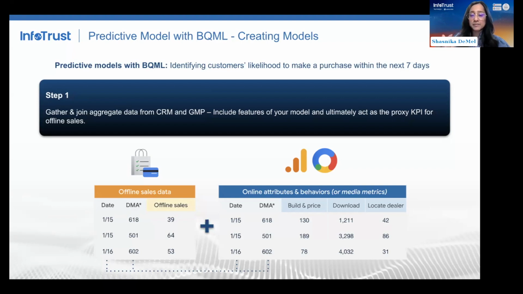And the first step to take here is to make sure you're able to gather, join and aggregate all your data, whether it's from GA4 alone or GA4 plus some of your other first-party data. This is to make sure that it includes features to create a data set that enables a model that has enough signals to understand the user's behavior.